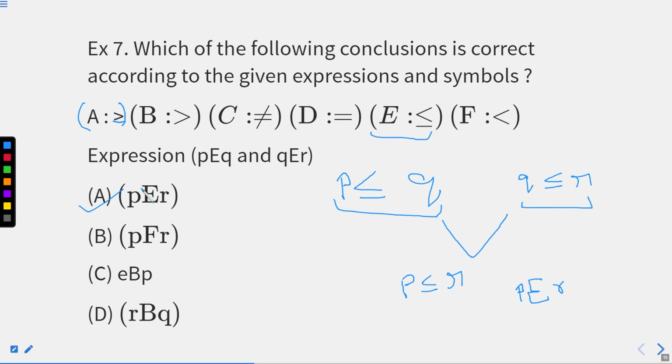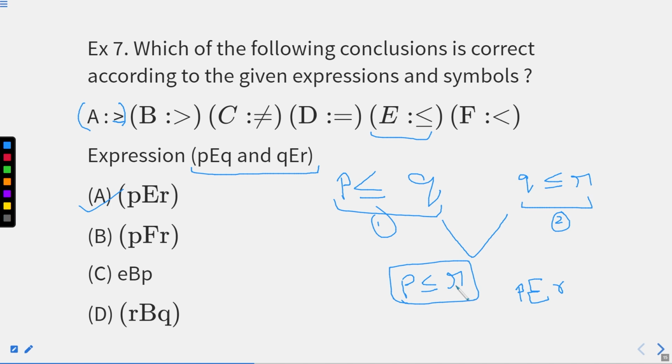I'll just re-revise this question for you. We are using the symbols or the operations that are given in the question, and we are directly putting those values in the expression given, right? And we'll eventually get two different cases. This is case number 1. This is case number 2. And we are eventually getting this result, right?